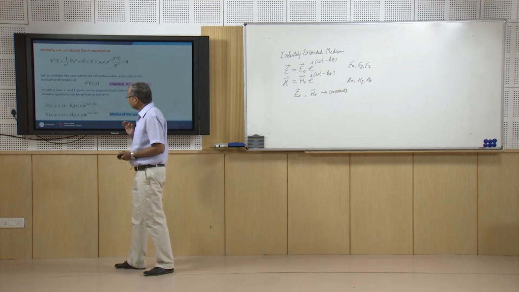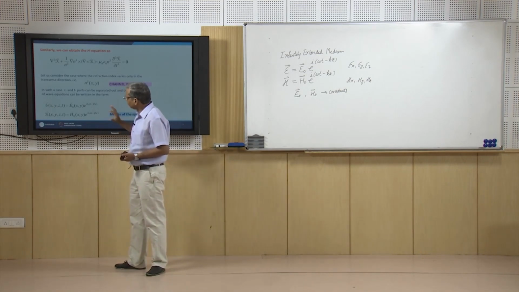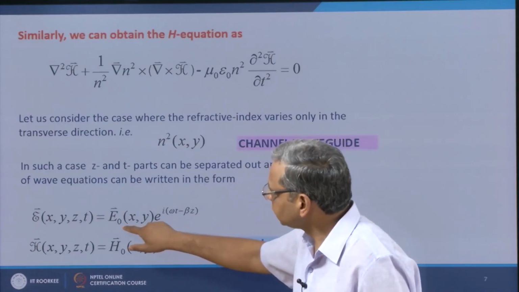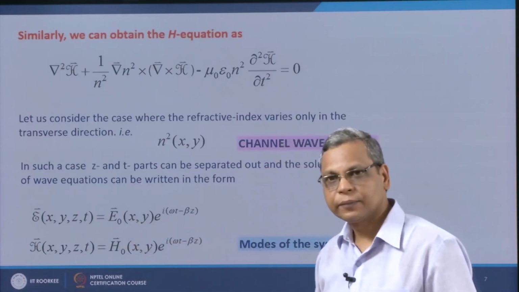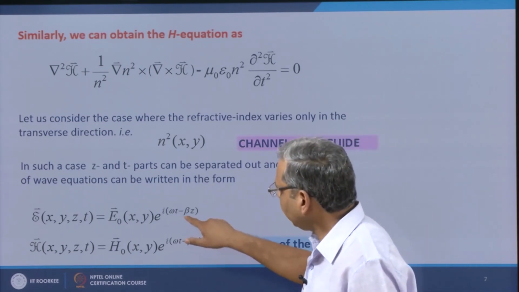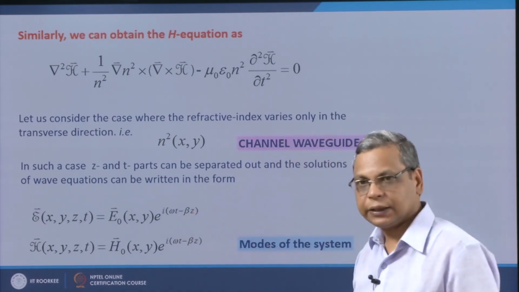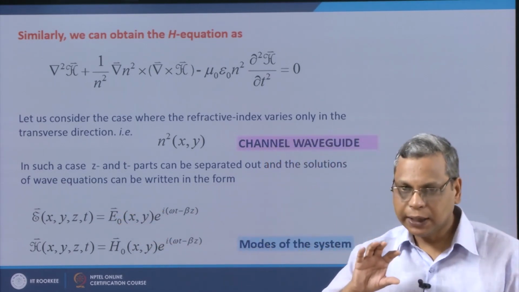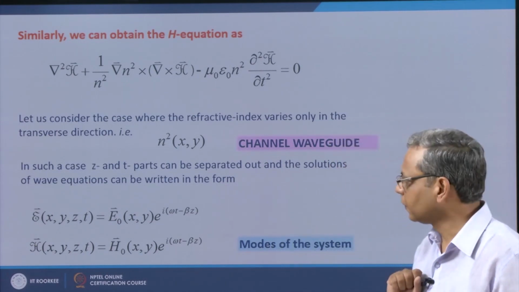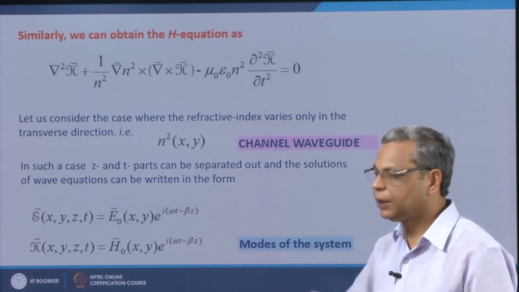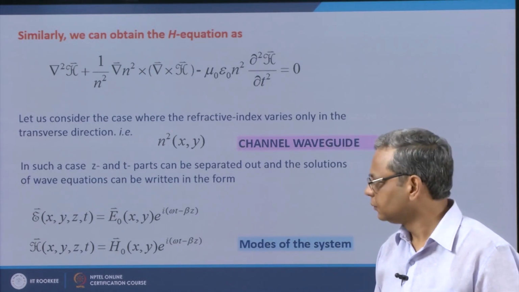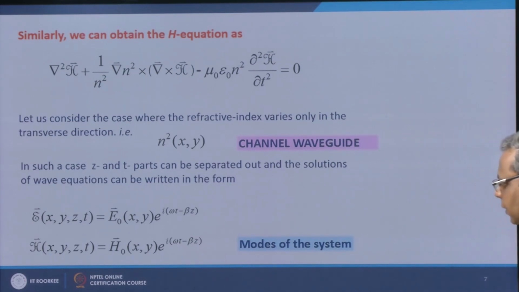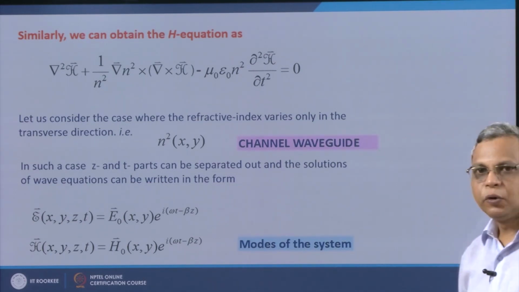I have got that the solutions here have this form. So, this is a function of x and y, and this is the propagation in z direction. So, as if some function of x and y is propagating in z direction with some propagation constant beta. Similarly, for H. So, these are the modes of the system,